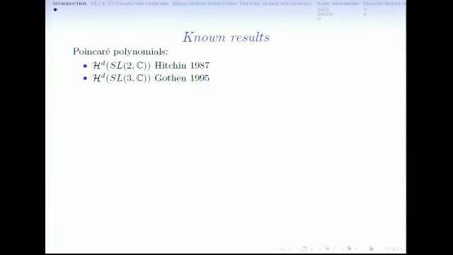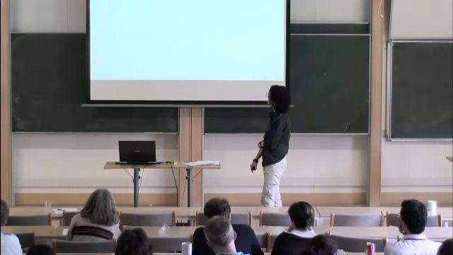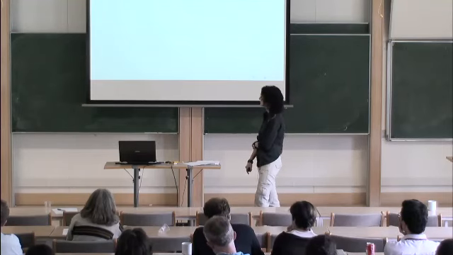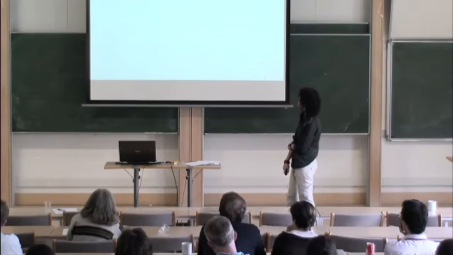So there are some known results already. In 87, in his seminal paper, Hitchin introduced the notion of Higgs bundles, and also he already computed the Poincare polynomial for the SL2C Higgs bundles, which are Higgs bundles with fixed determinant. In 95, in his thesis, Peter Gothen computed the Poincare polynomials for SL3C. And the Poincare polynomials for the parabolic situation,